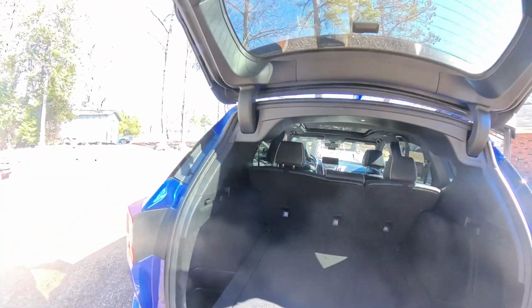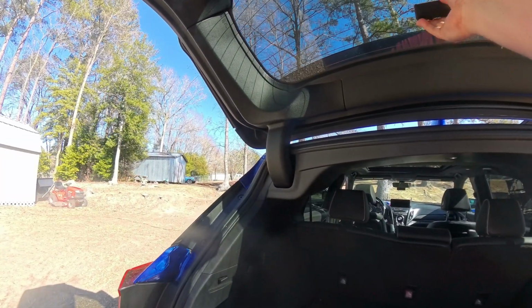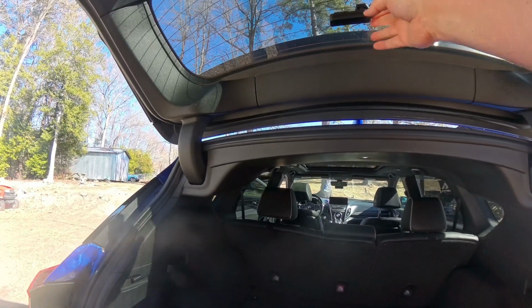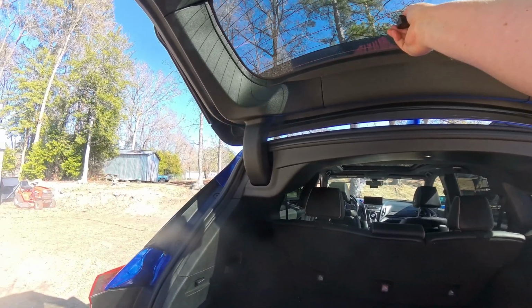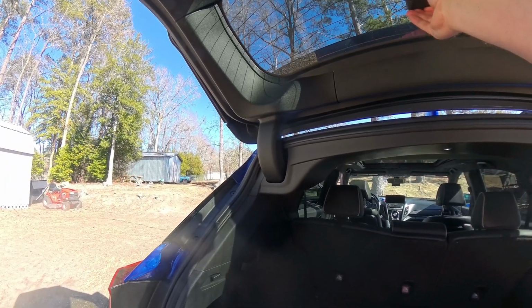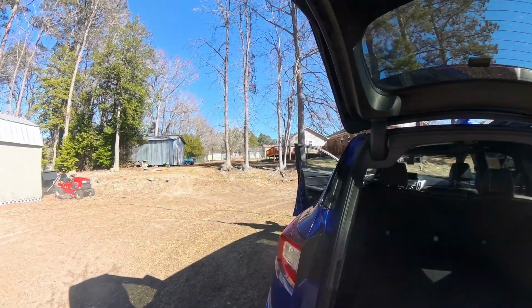And then we'll go ahead and drop it down. So you can see I just have it mounted there. On this car, you see the camera is slightly off to the left, so I just try to center it. It doesn't have to be perfect. Just try to get it as close to the center as you can, and that'll be that. Have that camera mounted in there,